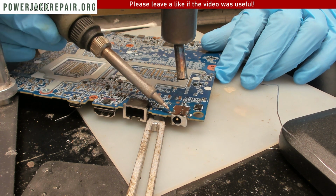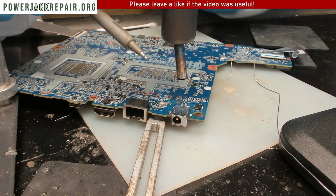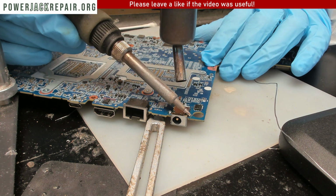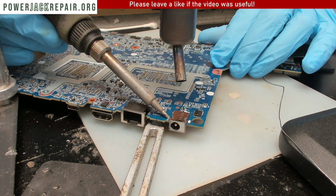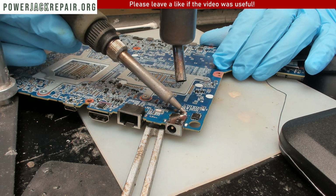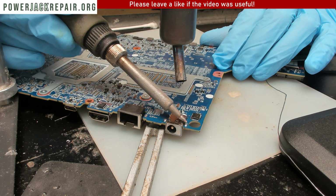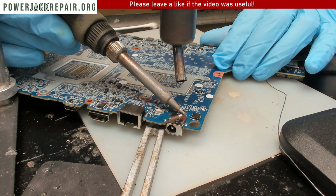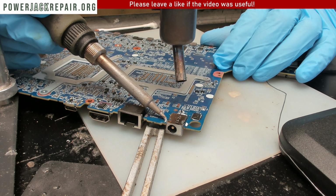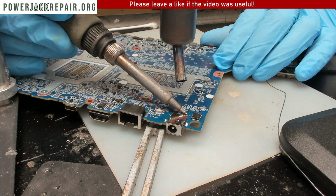All right, let's see. What's my heat right there? Let's take a look. All right. Usually I insulate the area with Kapton tape, but in this case I know it's just time well wasted, just for entertainment purposes. I'm pretty sure that the motherboard is not gonna work because, guys, I've been in business for 27 years already doing this stuff, so...